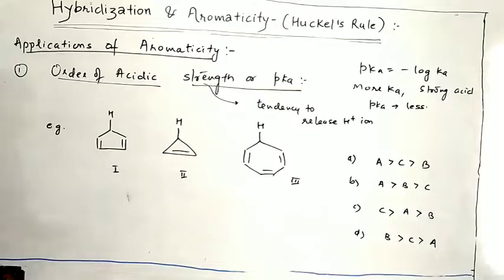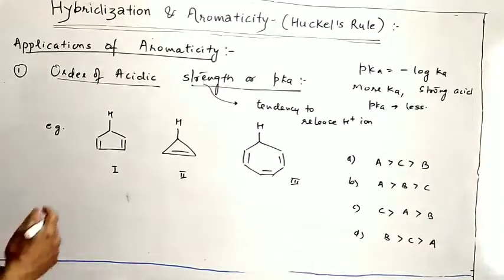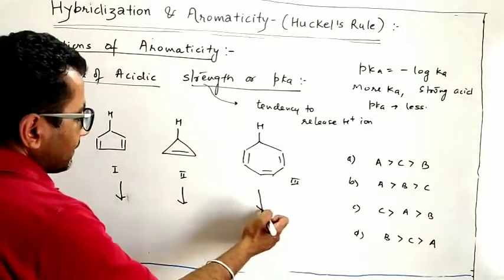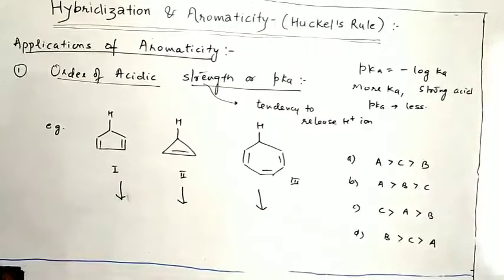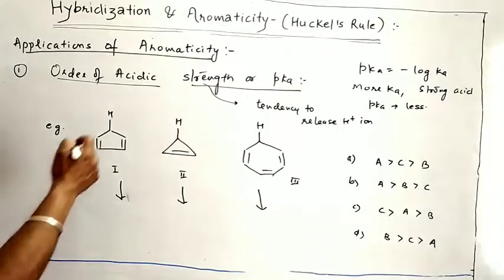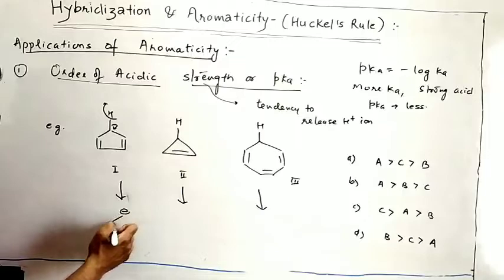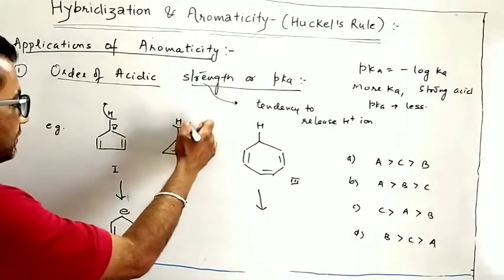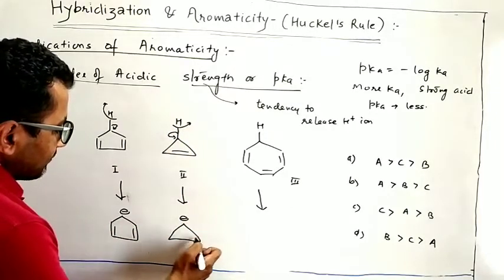So let's see how to solve such type of questions. This is based on the aromaticity. First of all, we have to change these molecules. How do these molecules look when they give H positive ion? So remove the H positive ion from here, and a negative charge will come here. So write these molecules like this; for this one also, H positive will go and the negative charge will come here. So these molecules